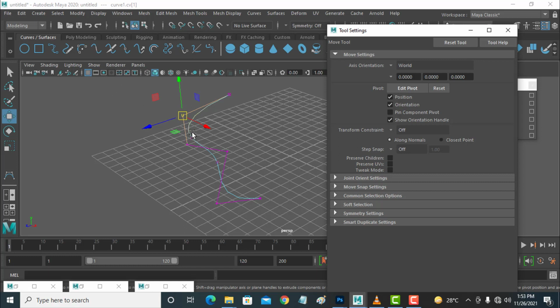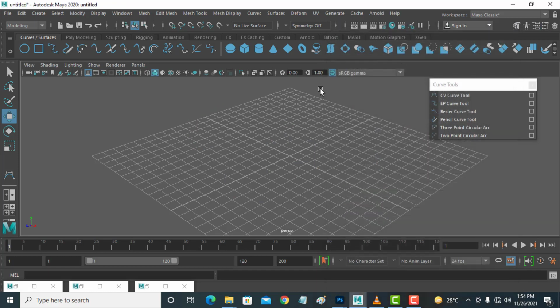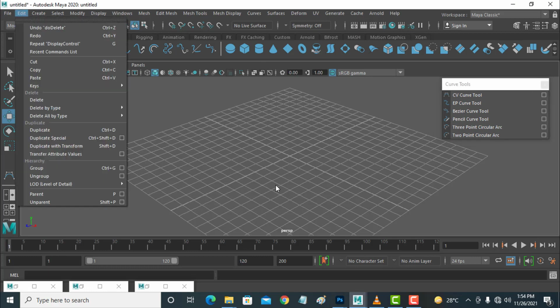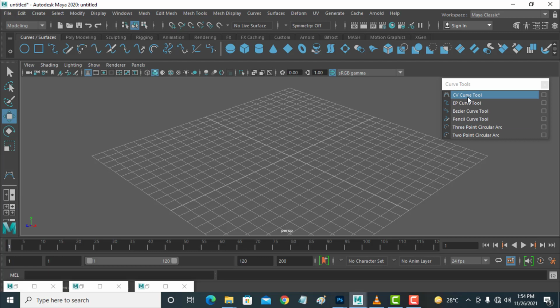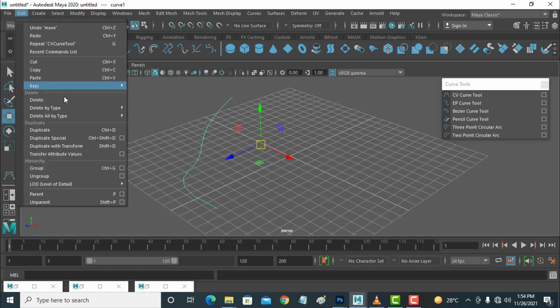Now other thing, I am closing this line with object mode, deleting and closing this, and go to edit. And now I am creating a line from CV curve like this, and go to edit and